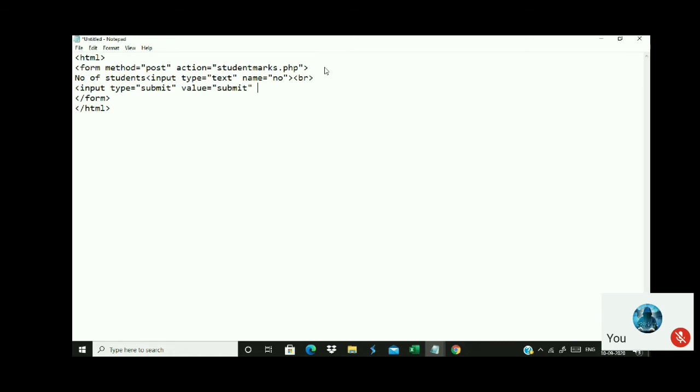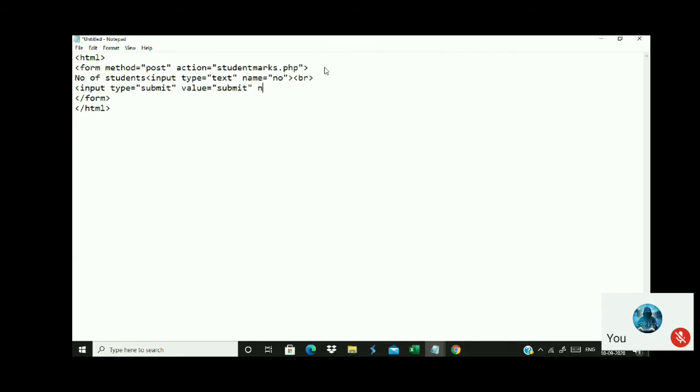Now, whenever you want to operate in the same file, so I am going to operate with the same file. Student marks is also the same file. Everything is going to go to and fro; you are going to transfer the data inside the same file. If you transfer the data in the same file, you have to name the submit button so that you get clarity.